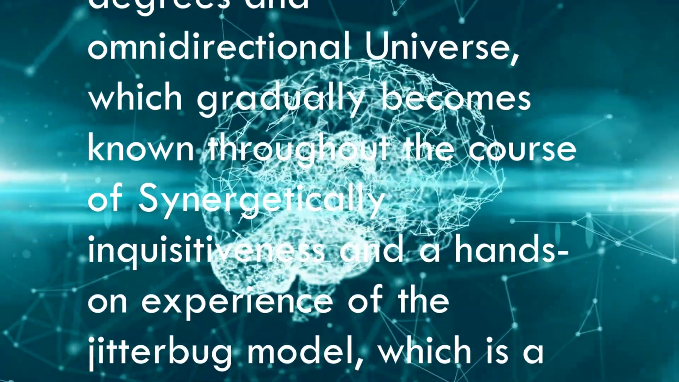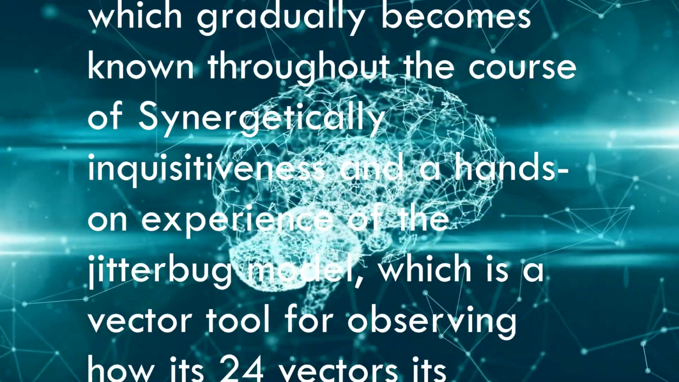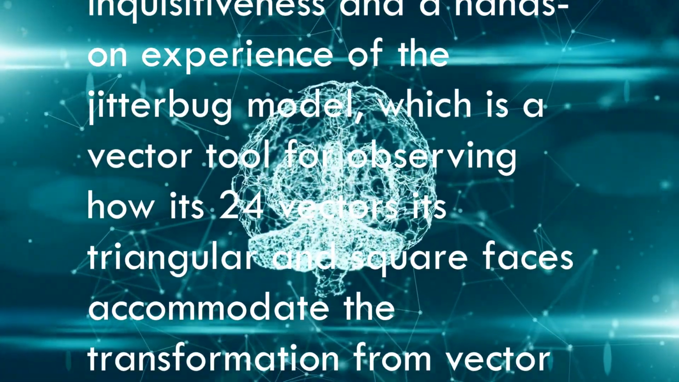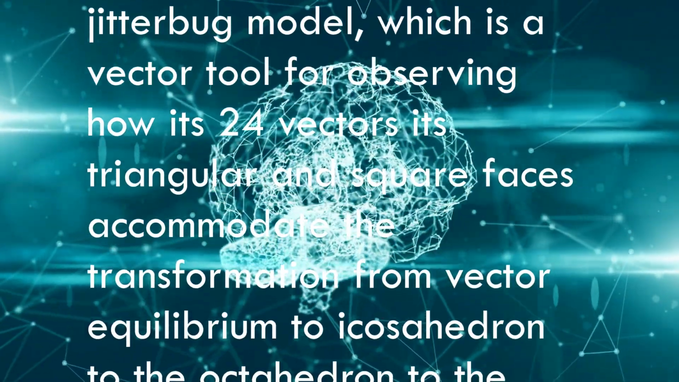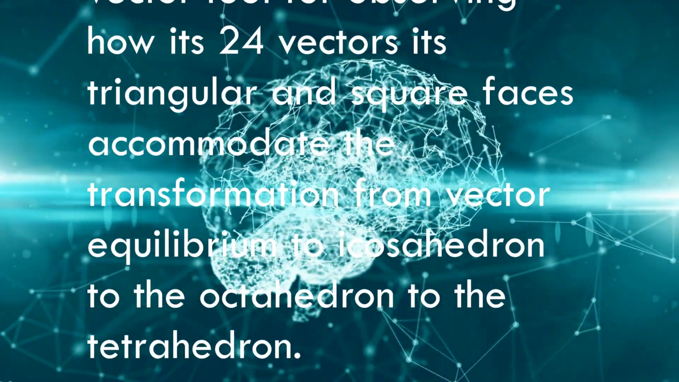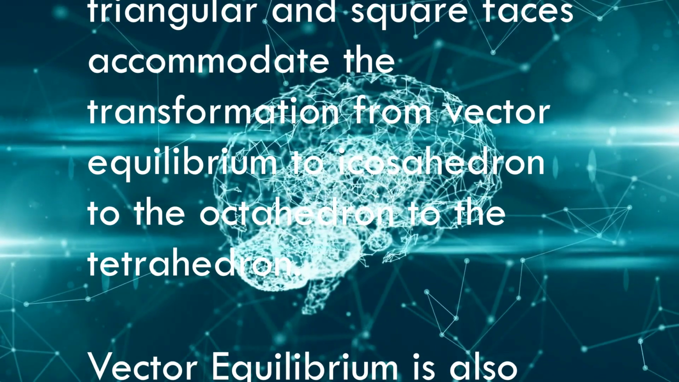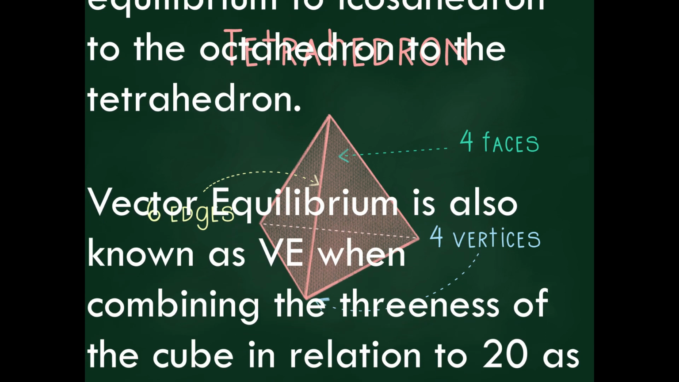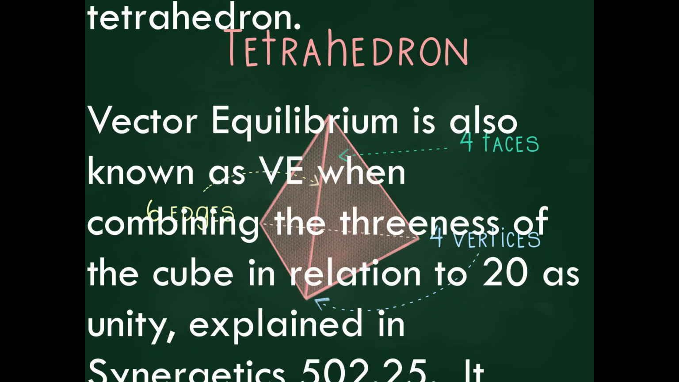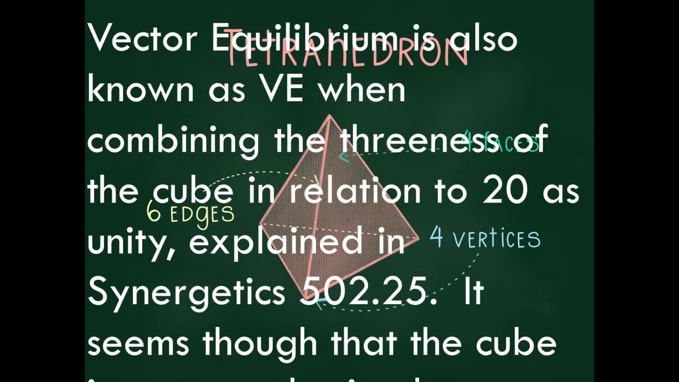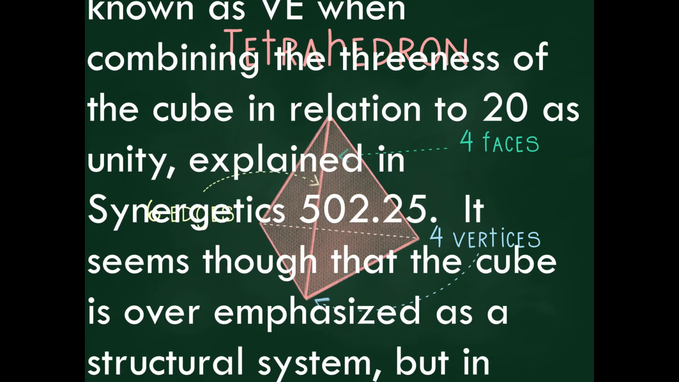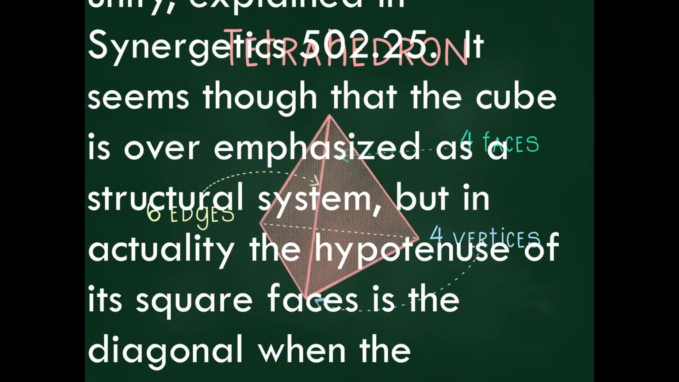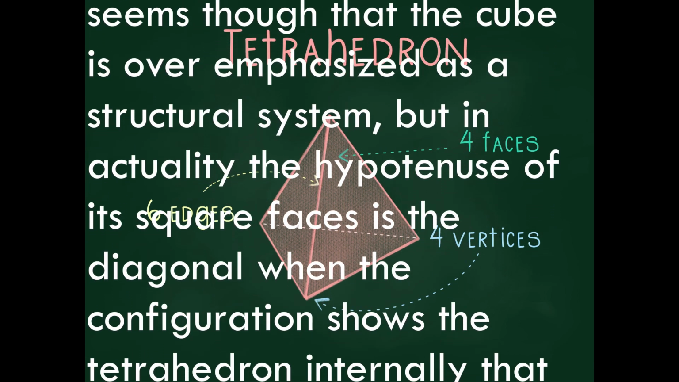Abundant freedom more obviously requires a connection between the 6 degrees and omnidirectional universe, which gradually becomes known throughout the course of synergetically inquisitiveness and hands-on experience of the jitterbug model, which is a vector tool for observing how its 24 vectors, its triangular and square faces accommodate the transformation from vector equilibrium to icosahedron to the octahedron to the tetrahedron. Vector equilibrium is also known as VE when combining the threeness of the cube in relation to 20 as unity, explained in Synergetics